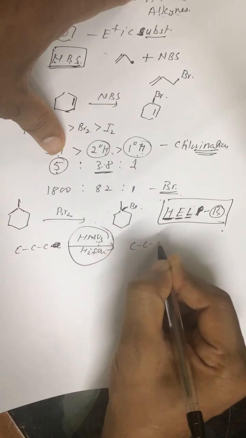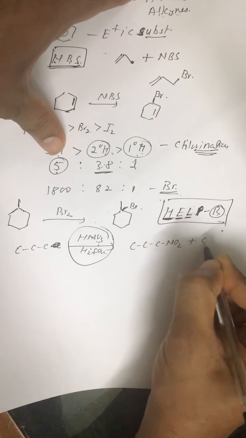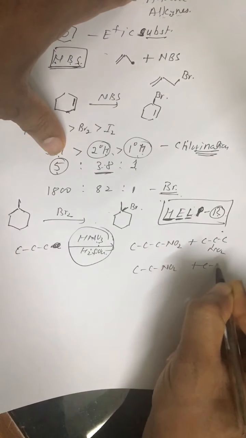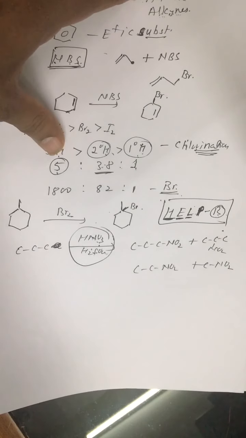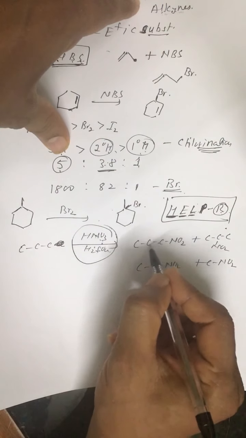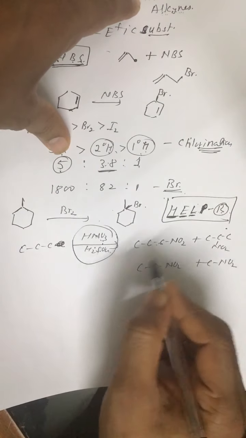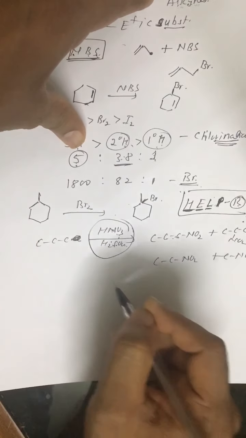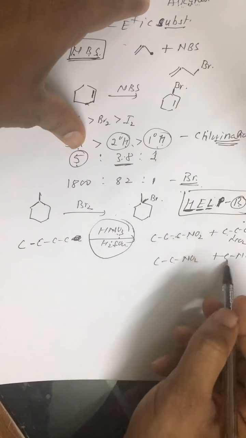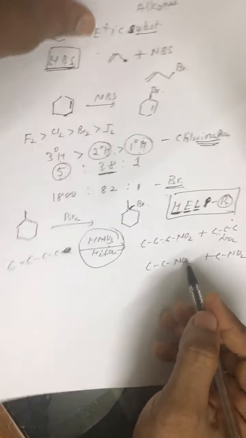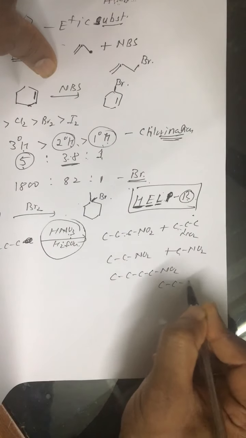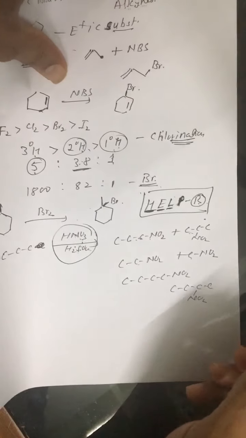So we get all the possible products, like we get 1-nitropropane, we get 2-nitropropane, we get nitroethane, and we get nitromethane, all the possible products. The reason is, since the heat is very high, C-C bond breaking also takes place. So we get all the possible products. Now, if there is a question like if butane is nitrated, how many products are obtained? So these four products definitely we are going to get. Apart from these four products, we also get 1-nitrobutane and 2-nitrobutane. All right. So we get all the possible products.